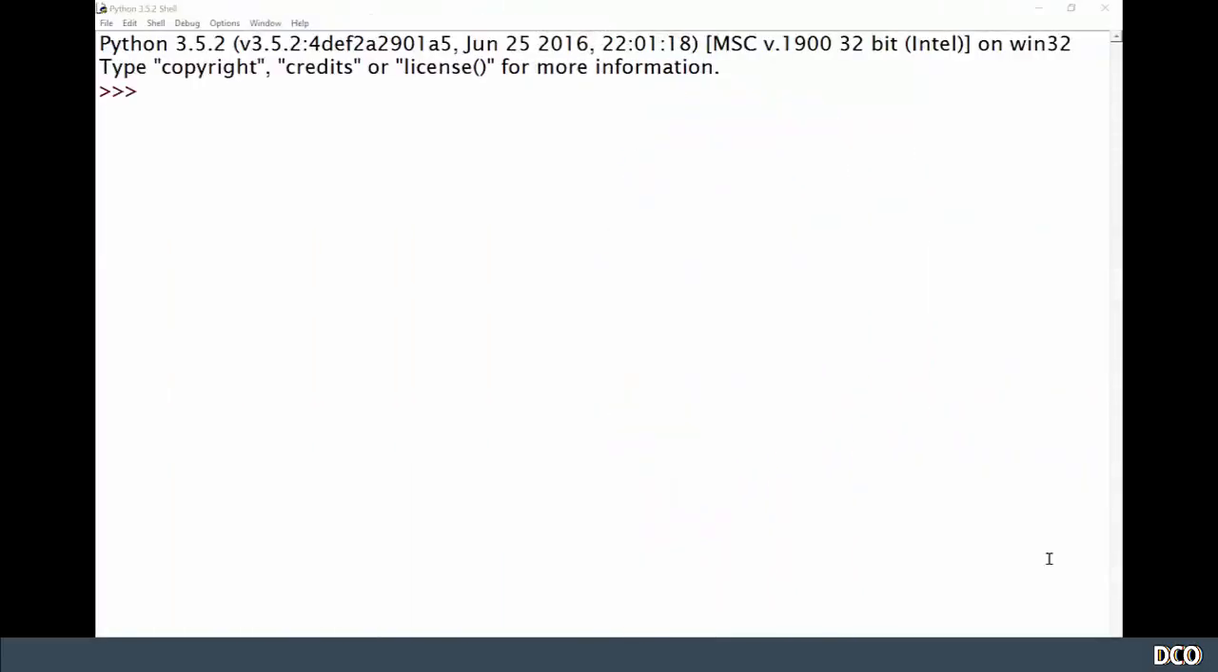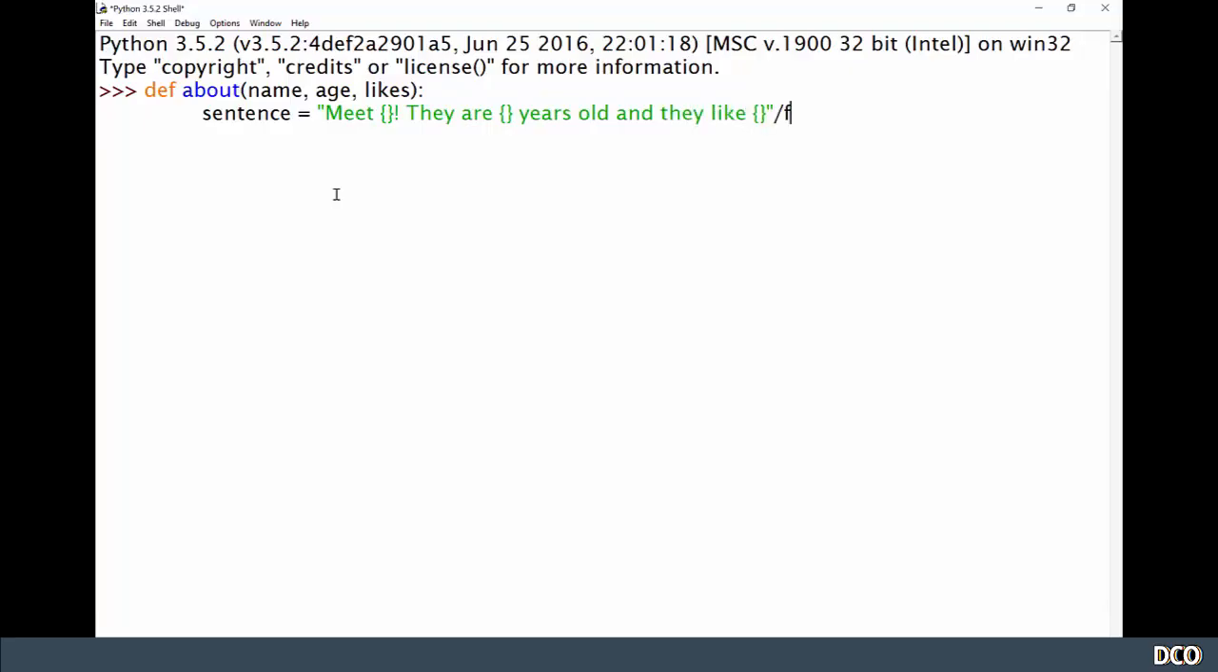So let's go ahead and make a function that's going to tell us about someone. We're going to use the def keyword, which is short for define. Our function is going to be called about, and we're going to give it three parameters: the person's name, their age, and their likes. Now, we're going to have a local variable called sentence, and we're going to say "Meet blank. They are blank years old, and they like blank." And we're going to format in there their name, their age, and their likes. Okay, awesome. And we just want to return